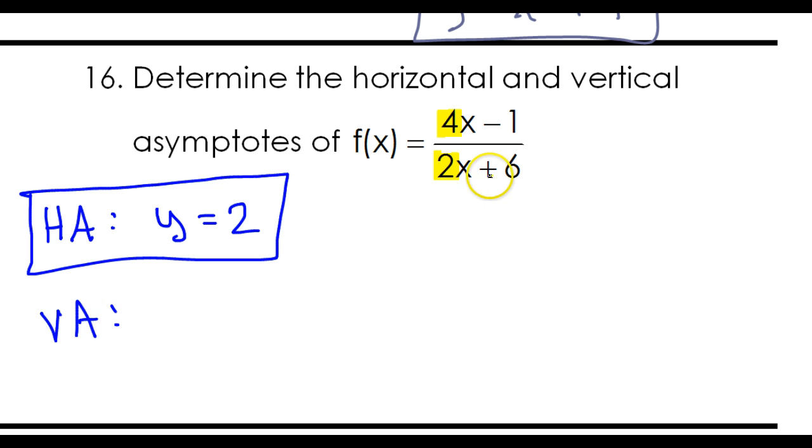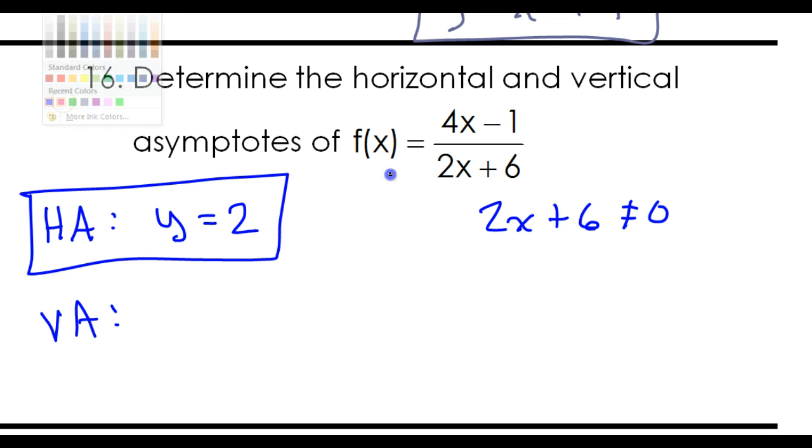Well, vertical asymptotes happen where the function is undefined. In other words, the denominator can't be 0. So you find the vertical asymptote by setting the denominator equal to 0. So 2x plus 6 is not allowed to equal 0. Okay, subtracting 6 from both sides